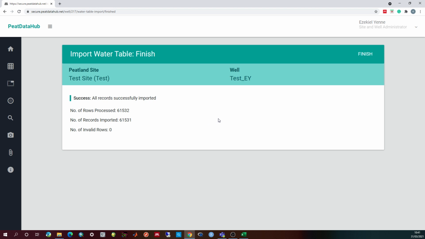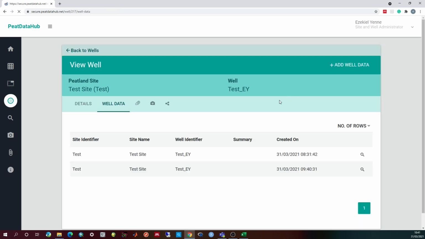If everything is okay with your upload, you click on finish, and we have successfully uploaded our well data and attached it to the well